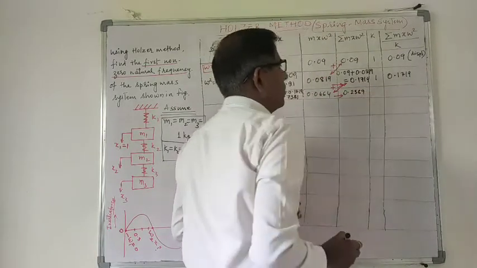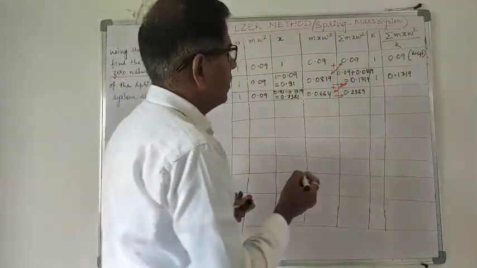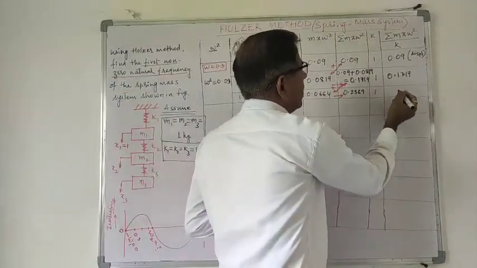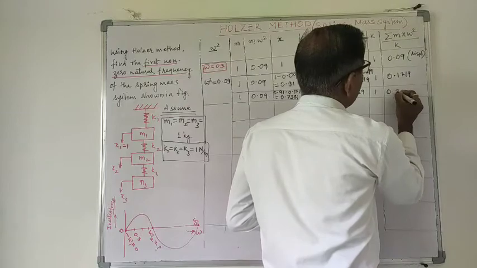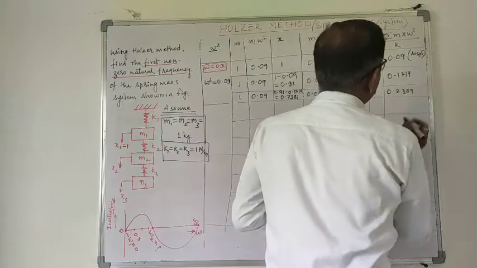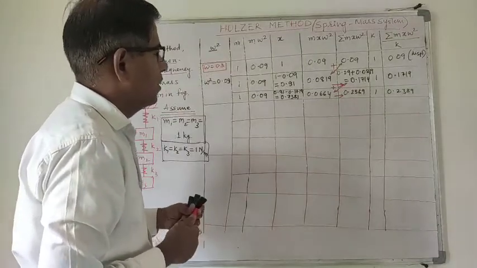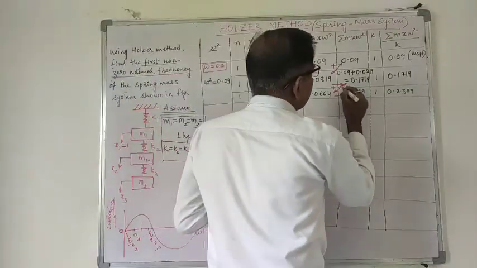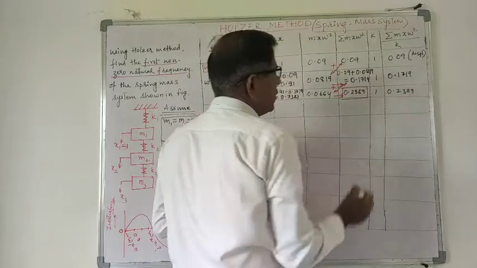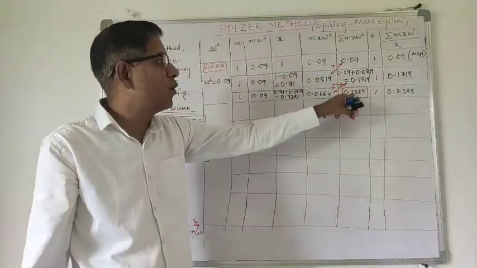So at the end I have obtained the summation of the inertia forces equal to 0.2389,